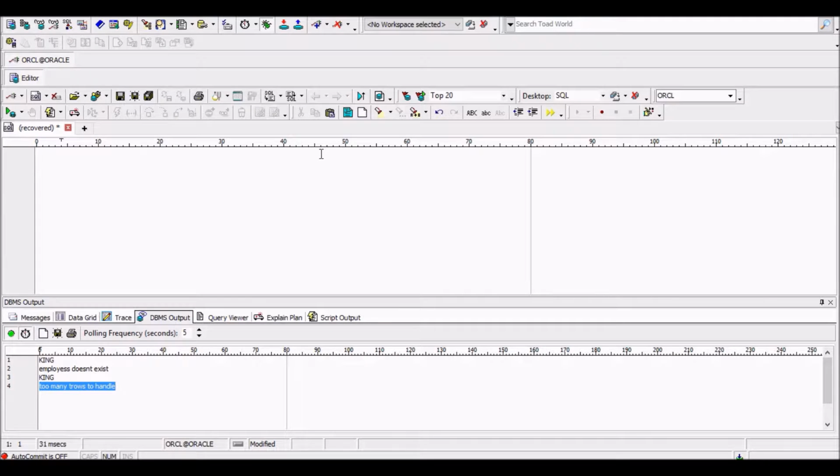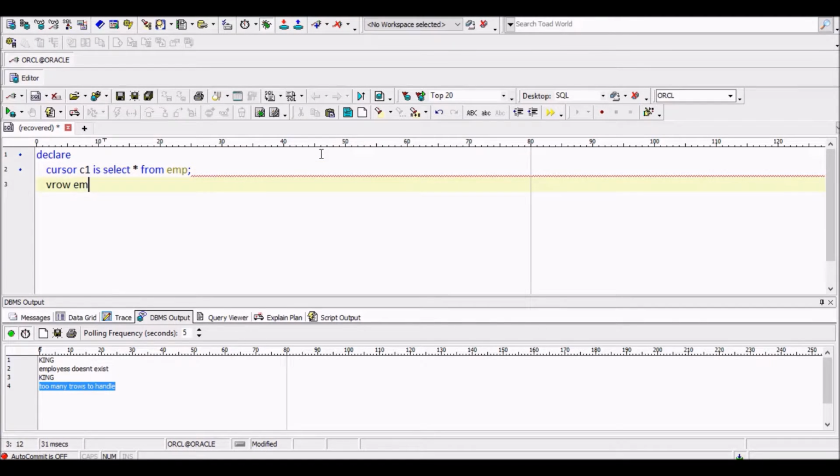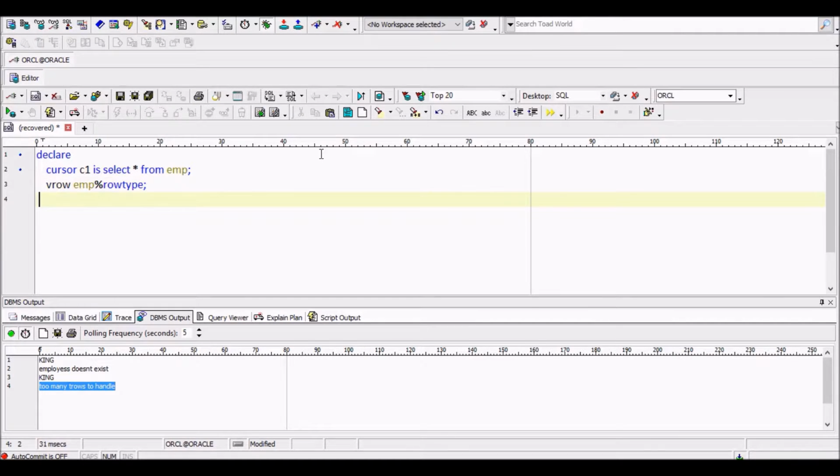See here. Okay, DECLARE CURSOR C1 IS SELECT * FROM emp; v_row emp%ROWTYPE; BEGIN. So we will just open the cursor, just we will check it.